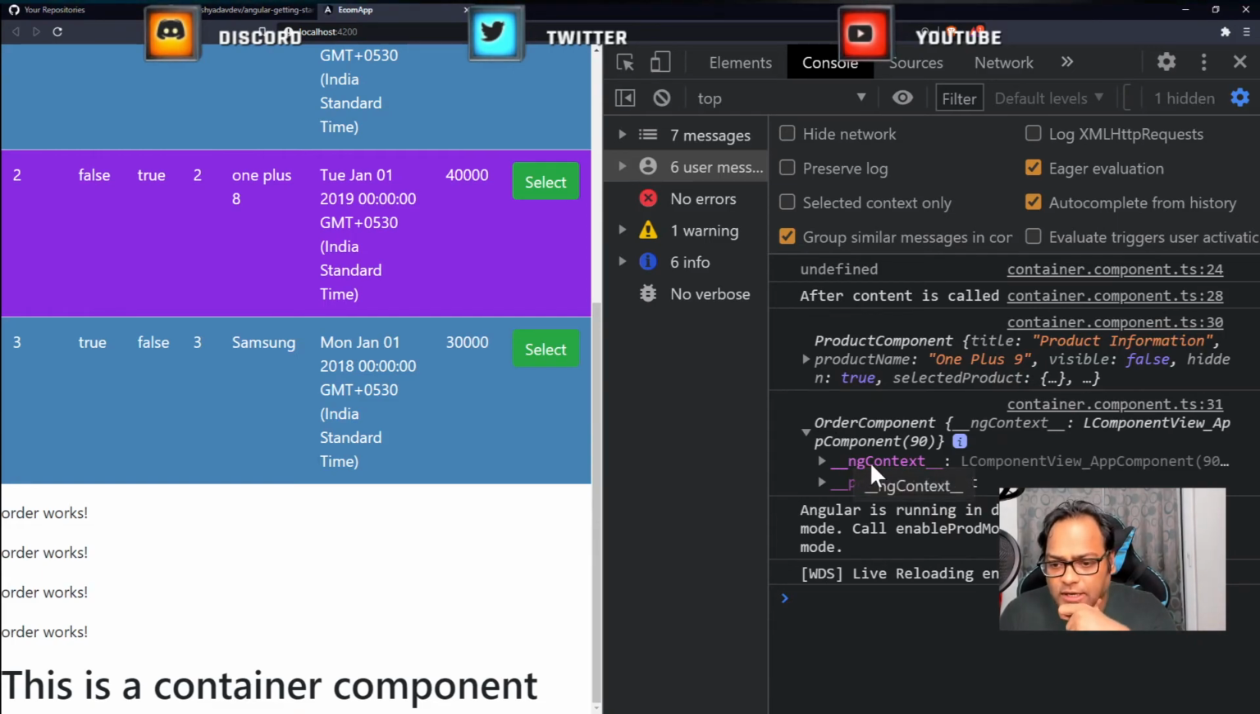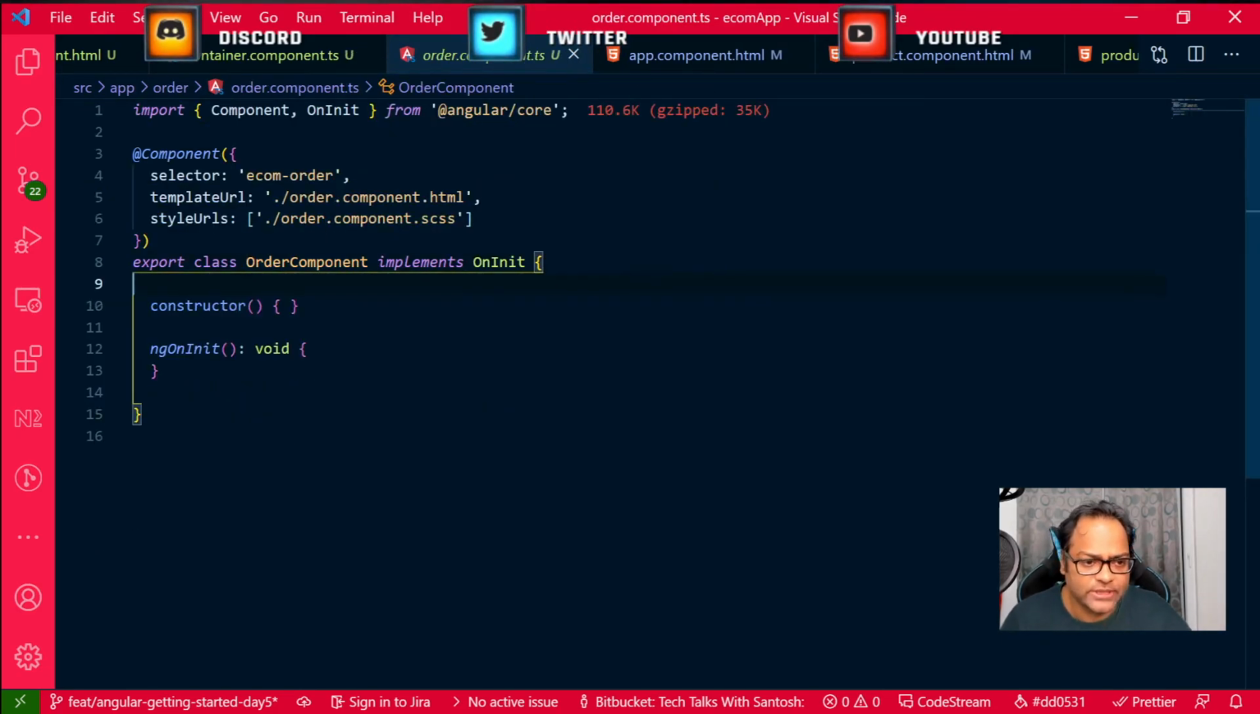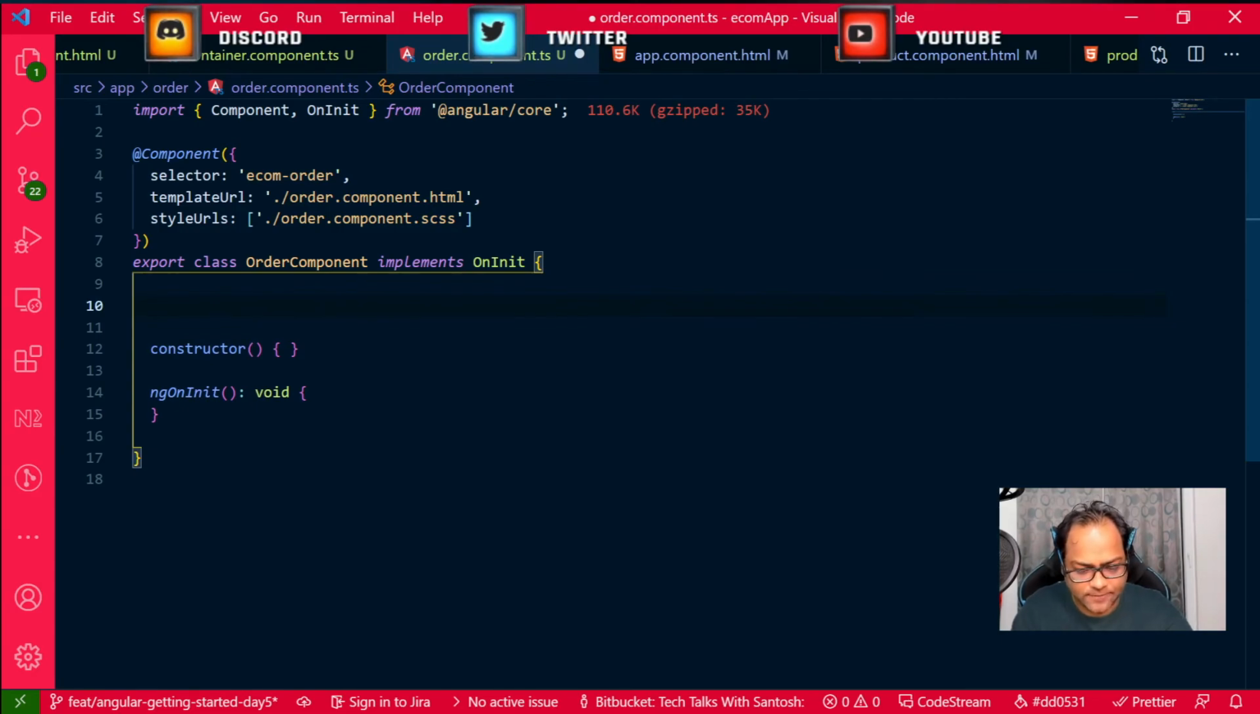Yep. So what we get here, we have the order component and it does not contain any property. So we are getting ng context. So let's change this. Let's go to the order component and add some properties here. So I'll say orders is equals to, order title, from title is equals to, order placed,